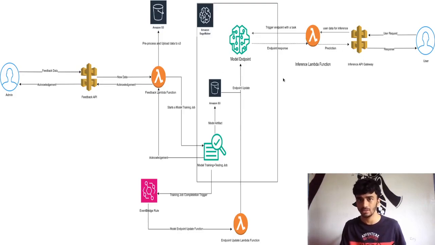We have already done it, right? So now what we'll do, we will create another lambda function and attach it to an API gateway. This API gateway will get feedback data from the user and pass it to the lambda function. Now this feedback data will first be pre-processed, then it will update the previously present data set in the S3